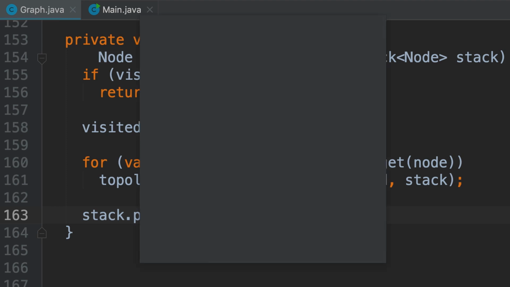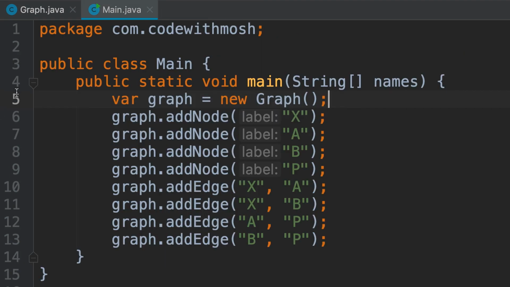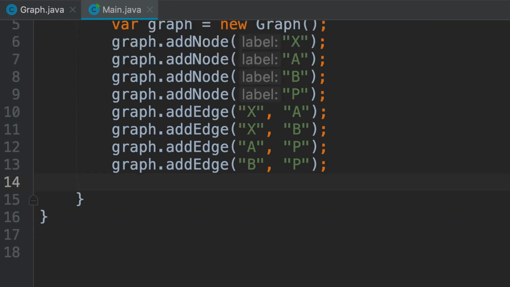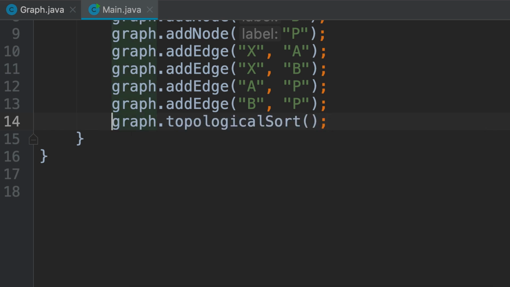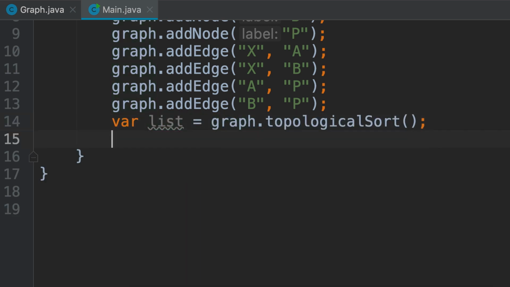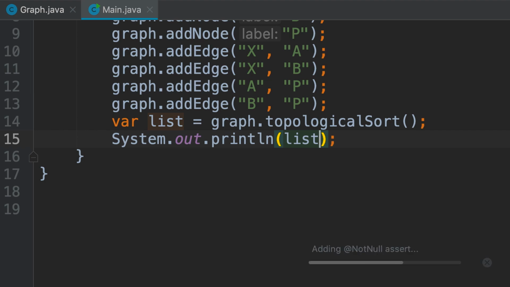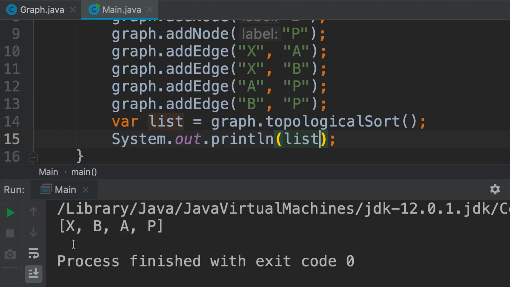Now, let's test this. So in the main class, I've created the graph that we had in the last video. Now, let's call graph.topologicalSort. This will return a list. Now let's print this list on the terminal. So we get XBA